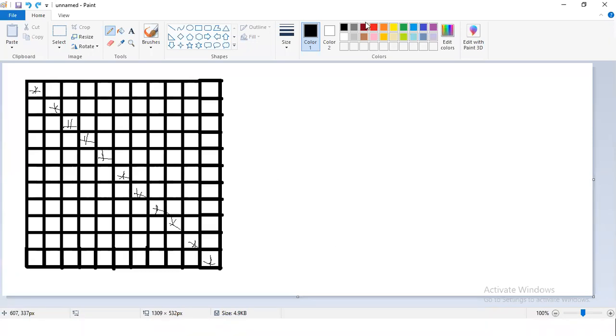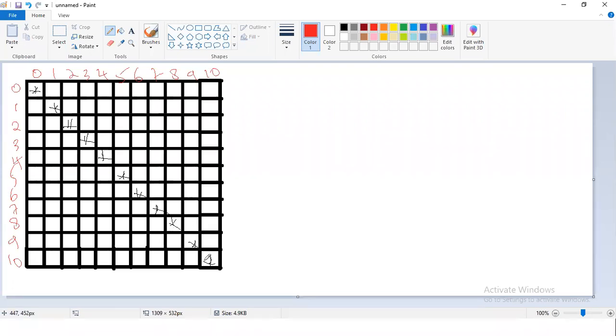What you have to do is write your i and j values. i values are 0, 1, 2, 3, 4, 5, 6, 7, 8, 9, 10. j values are 0, 1, 2, 3, 4, 5, 6, 7, 8, 9, 10. So these are our i and j values. Now one thing I'll ask you: if I'm going from 0 to 10, what is the value of n here? How many rows and columns are there? Is it 10 rows, 10 columns, or 11 rows, 11 columns? It is 11 rows, 11 columns, because the variable is starting from 0 to 10. 0 to 10 means 11 numbers are there. So it is an odd number.